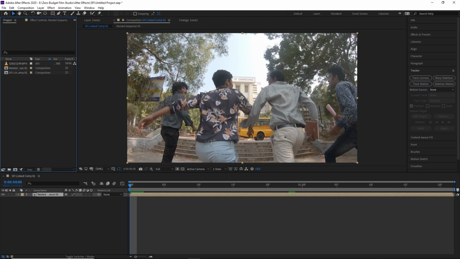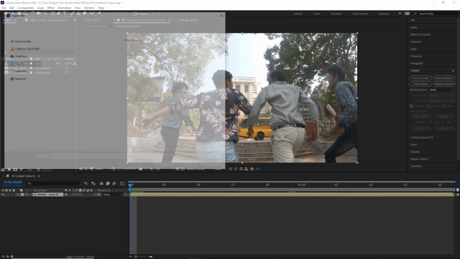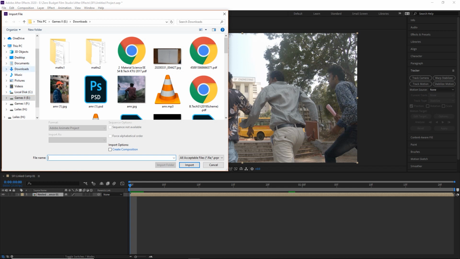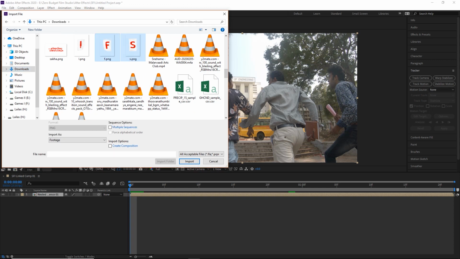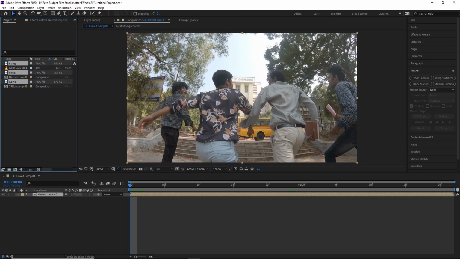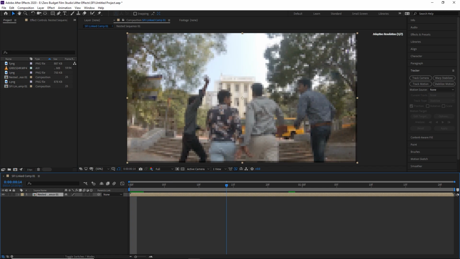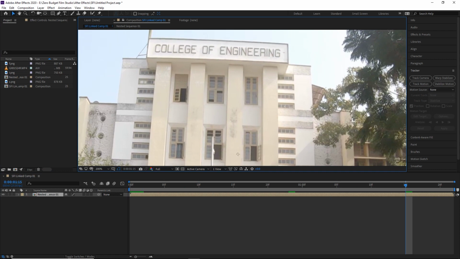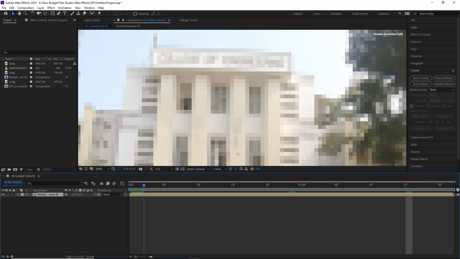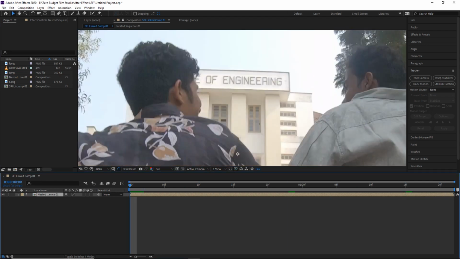Once you're in After Effects, first thing you should do is import those posters which you've made in Photoshop. So first let's do that. Basically what we're doing here is tracking particular points on the video so that the posters stay attached to these points when the camera moves around. So first of all, we have the posters supposed